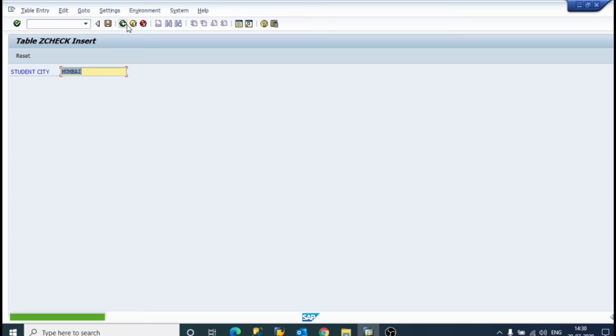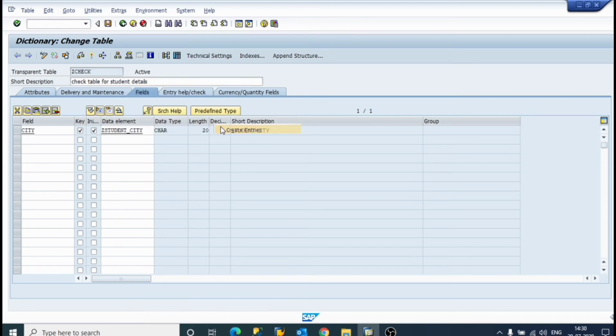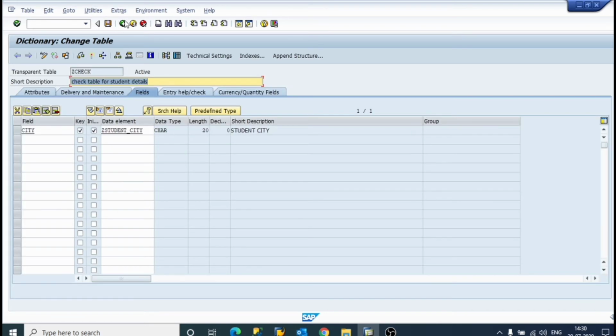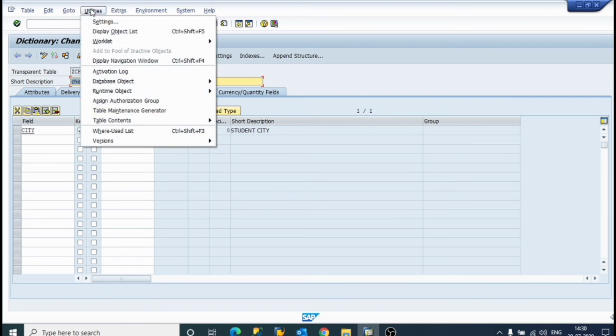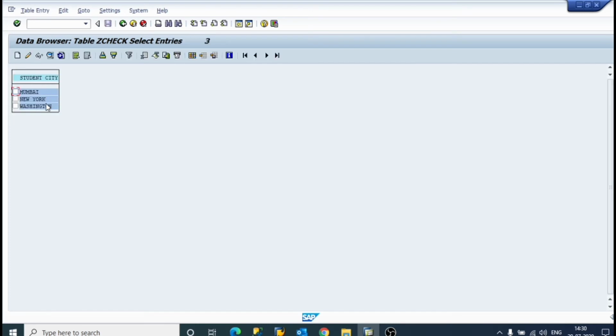Save it. Click on back. Again utilities, and Washington. Then save it and come back. Now utilities, table content, and display. See: Mumbai, New York, Washington. Now click on back.